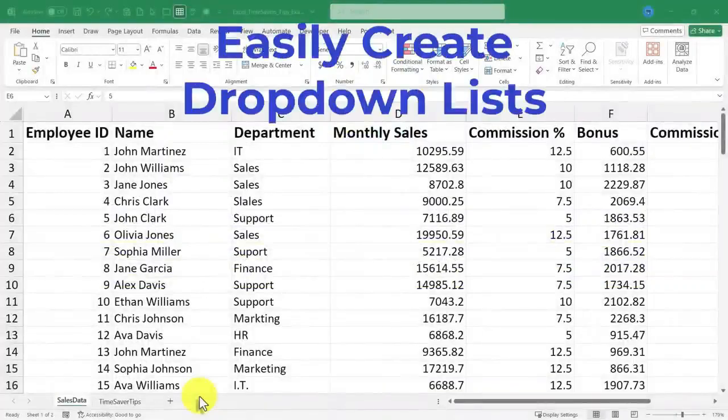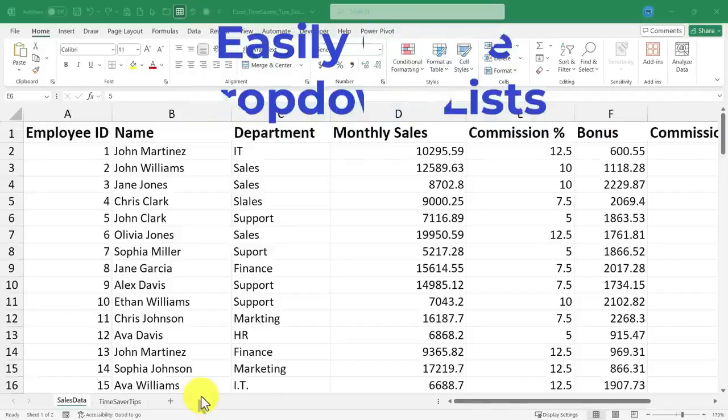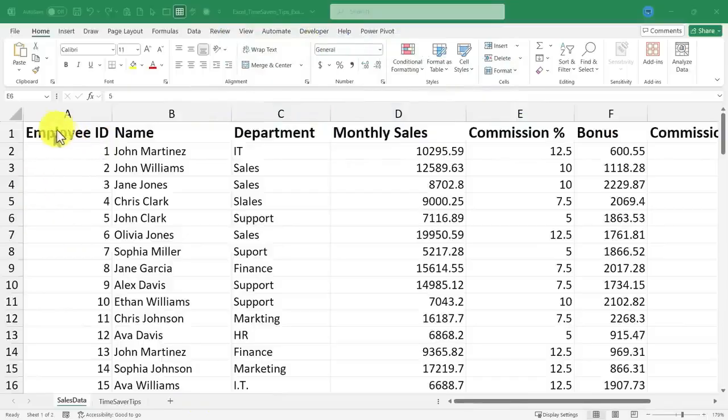In this Excel video, I will teach you how to easily create a drop-down list in Microsoft Excel. This is going to be fun. Let's get started. So here I am in a spreadsheet with some fictional employees listed, and as you can see,